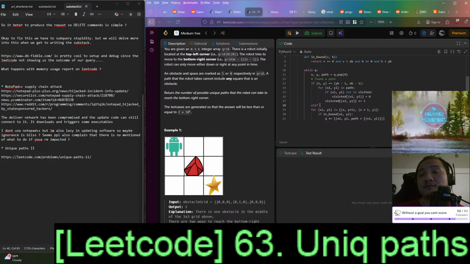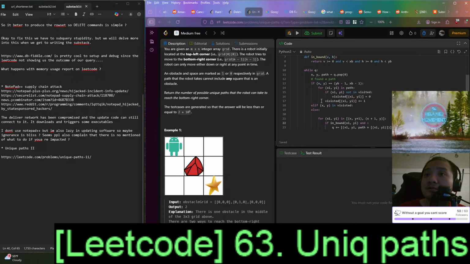Otherwise, if this is in visited, right? If it is in visited, then, otherwise not in visited, right? It's not in visited, then we do this, right? And then we also have to check if it's in bound and not obstacle, right?